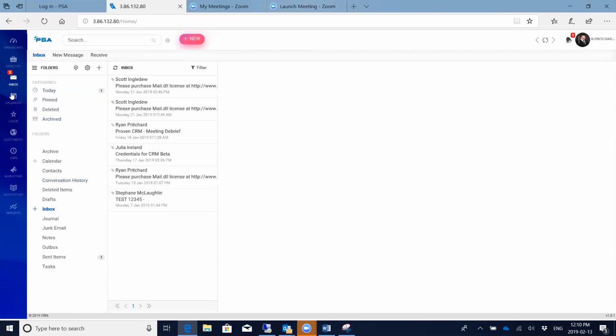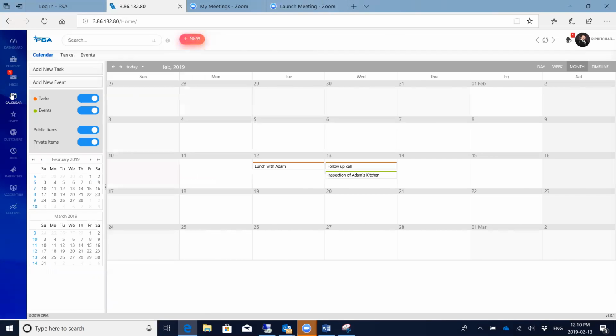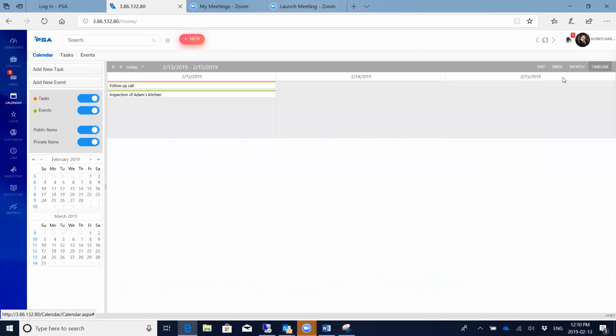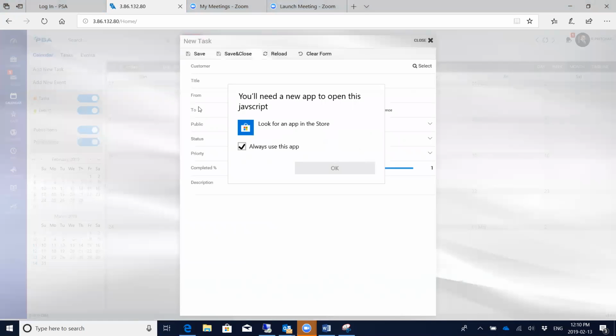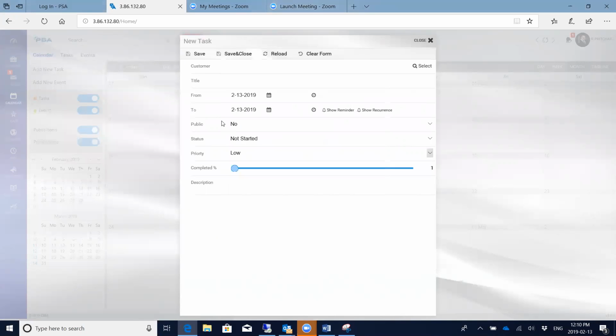Moving on to our calendar. Calendar view is going to give you the options to see all your tasks and events. We have the ability to sort by day, by week, or by timeline, or monthly. Much like your calendar in your email provider, we can add a new task, add our customer information,